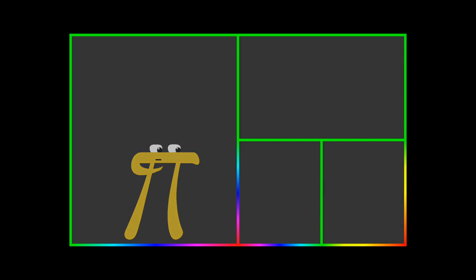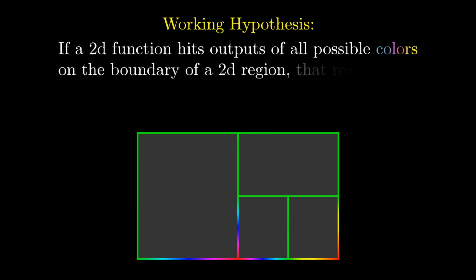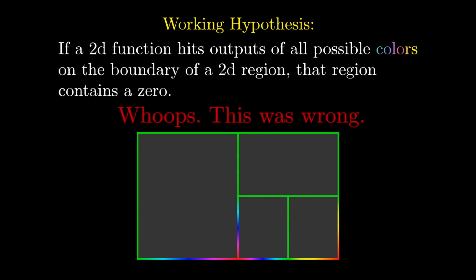Okay, clearly something's wrong here, and that's okay. Being wrong is a regular part of doing math. If we look back, we had this hypothesis, and it led us to this proposed algorithm, so we were mistaken somewhere. And being good at math is not about being right the first time. It's about having the resilience to carefully look back and understand the mistakes and understand how to fix them. Now the problem here is that we had a region whose border went through every color, but when we split it in the middle, neither subregion's border went through every color. We had no options for where to keep searching next, and that broke the 0 finder.